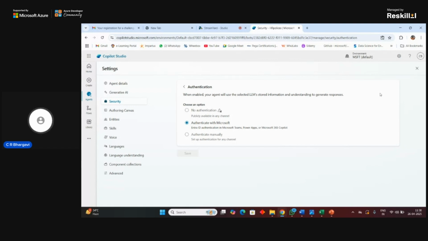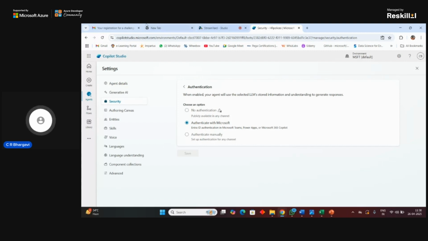Or say you built it with the help of Copilot Studio and you are now trying to connect it with the help of the REST API. Then you have to pass it as an API, right? So for all those things, you will have the authentication enabled.